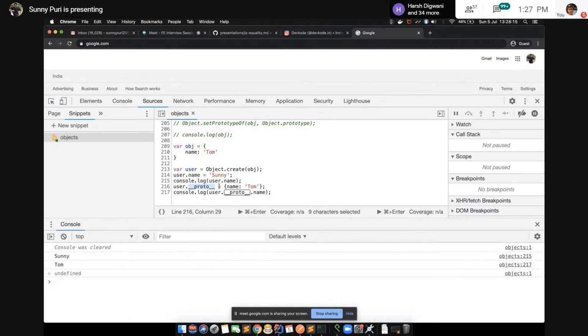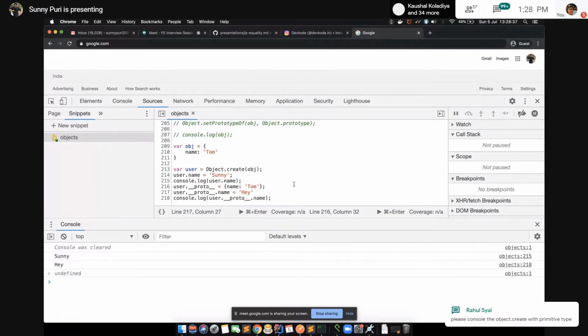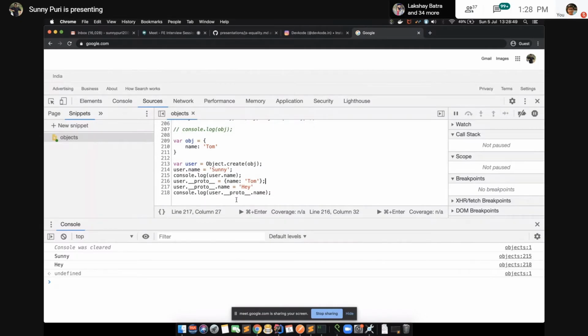No, so now we are updating a property. Now we are updating a property, not a proto object. So I was saying setter and getter for proto object, not for property. You can update this. You can update this. Let's try it out. We can update the property, but we cannot update with this. This is clear, guys. This much is clear.